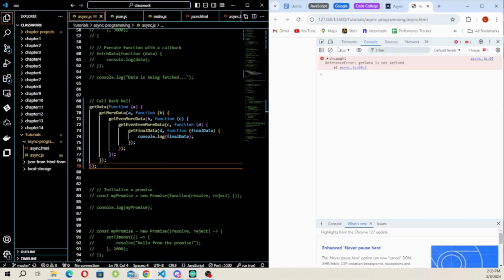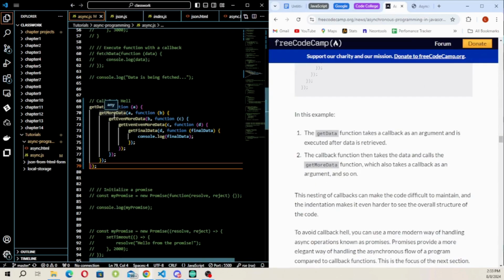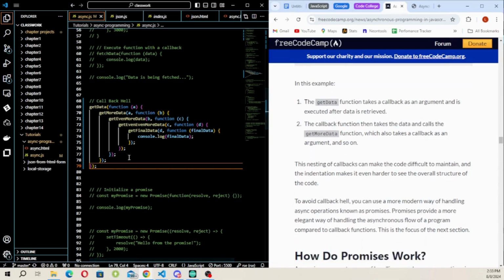So what that means is that on our console, okay, so it's not going to work on our console because we didn't define it. This is just to give an idea of what this nesting of callbacks can be like to make our code difficult to maintain. And this indentation here, basically the reason why I didn't go into details to make it work is because this is just inefficient. This is a very bad way of